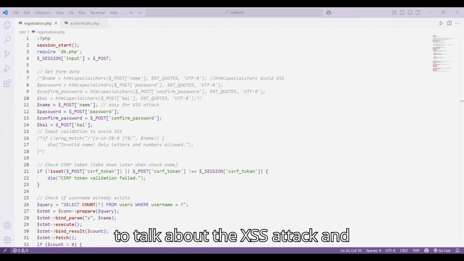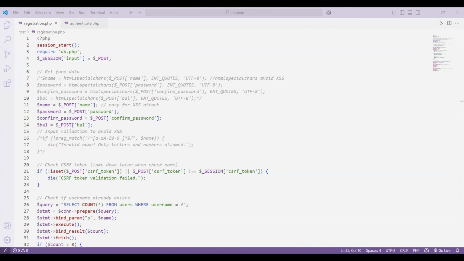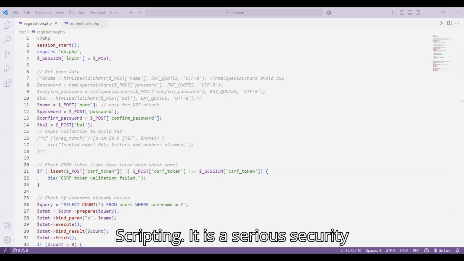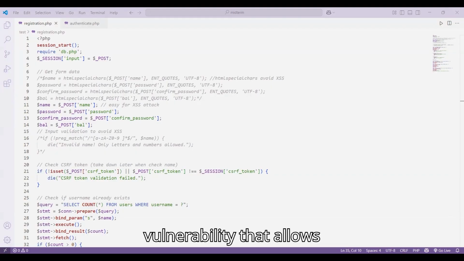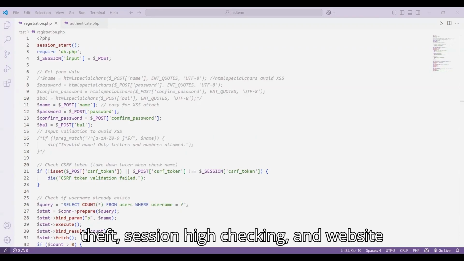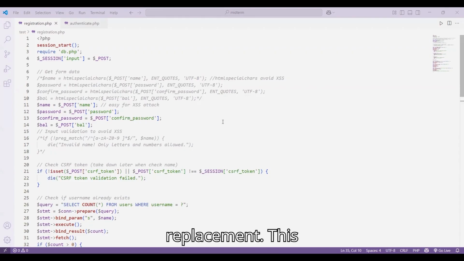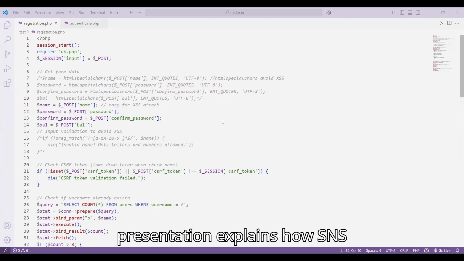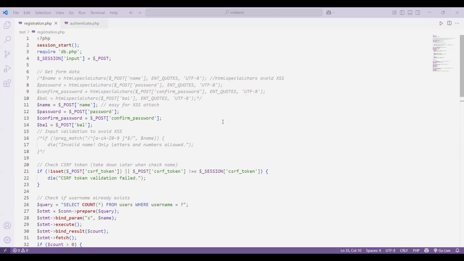Hi, my name is Ethan, and I am going to talk about the XSS attack and prevention methods. XSS, which stands for cross-site scripting, is a serious security vulnerability that allows attackers to inject malicious scripts into web applications, leading to data theft, session hijacking, and website defacement. This presentation explains how this XSS attack works and demonstrates effective mitigation strategies using a